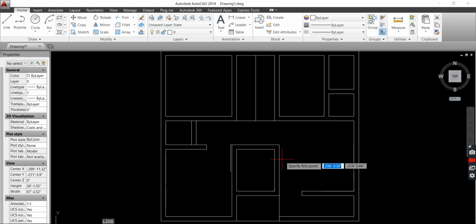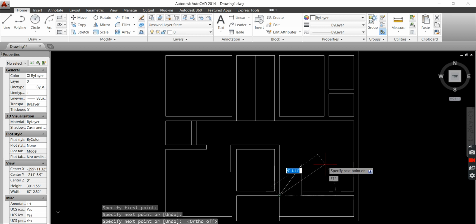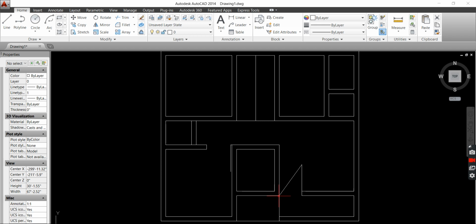So L enter, and now we should set the points and length of the door size. Now I will set the point, and we have the door symbol. No need to set in this way only. We have many ways, and we can set in arc way also, like this.